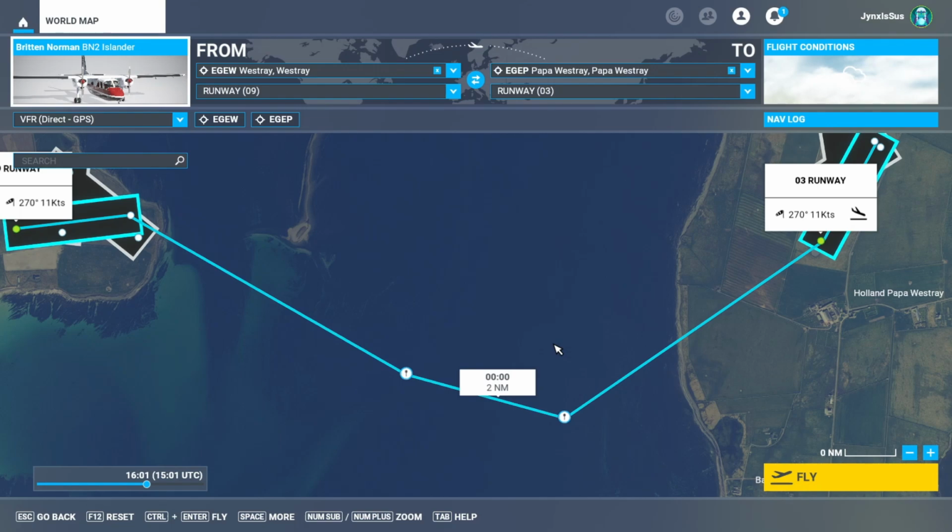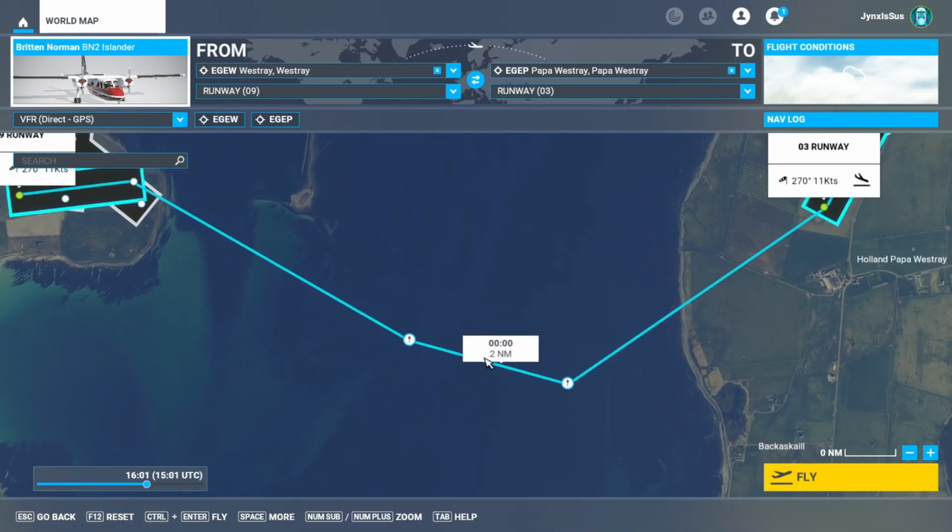Today, we're recreating the shortest scheduled passenger flight in the world, right here in the Microsoft Flight Simulator. Buckle up because this flight is shorter than most taxis. So, this tiny route, which is 2 nautical miles, which would be 1.7 real miles or 2.7 kilometers, it connects